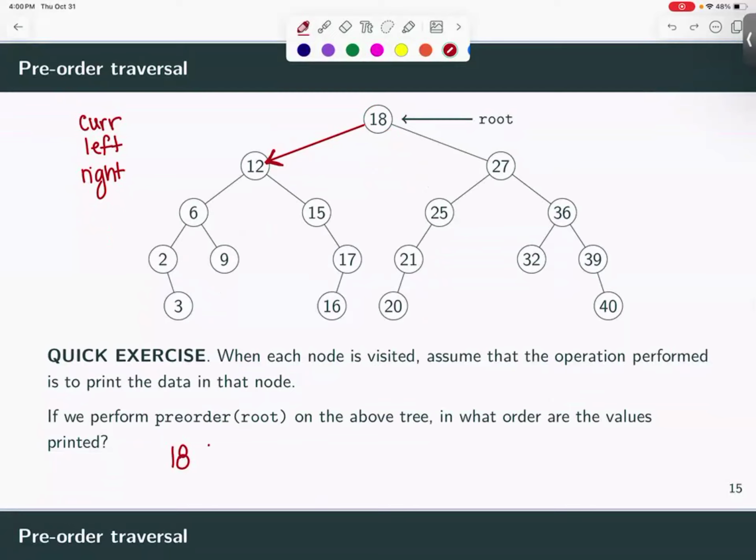So then we're going to print out 12, and we're going to go down the left subtree. And then we're going to print out 6. We're going to go down the left subtree. We're going to print out 2, and we're going to go down the left subtree. Oh, but it's null. So at this point in time, we would stop and we would go down the right